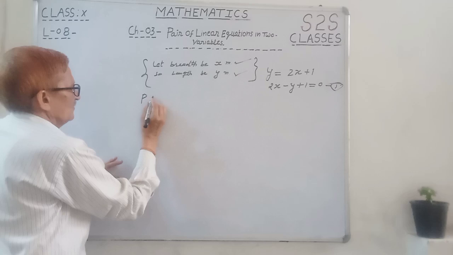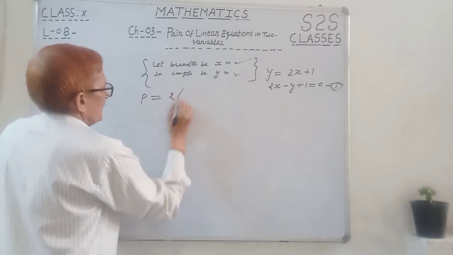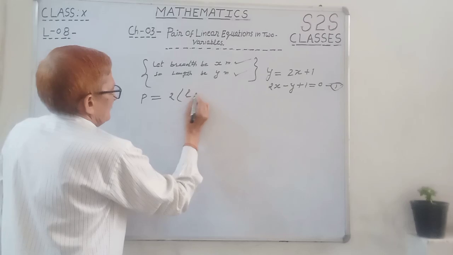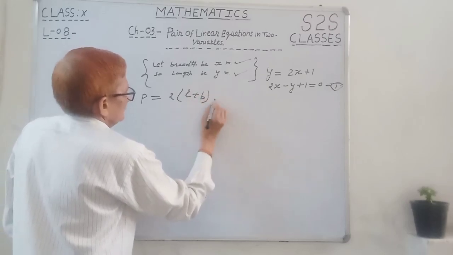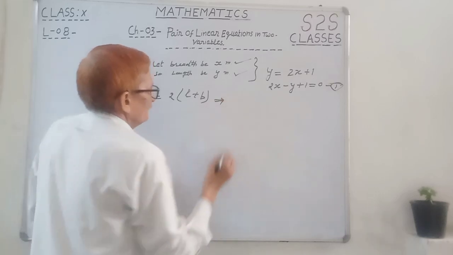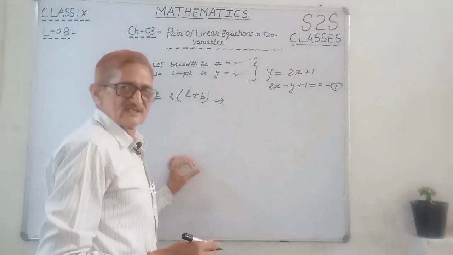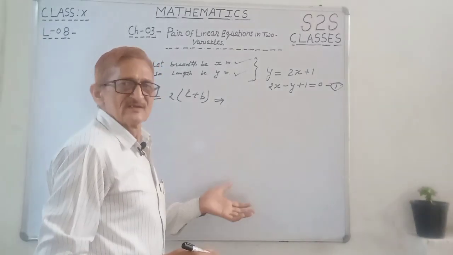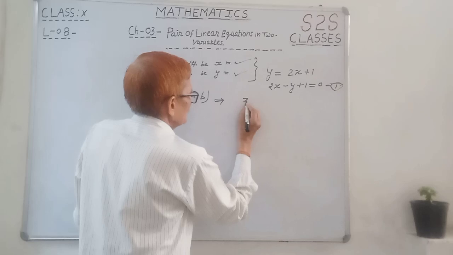Perimeter of the rectangle is twice into length plus breadth. Then according to this formula, what is the relationship? Perimeter given is 36 meter in my situation. So perimeter is 36